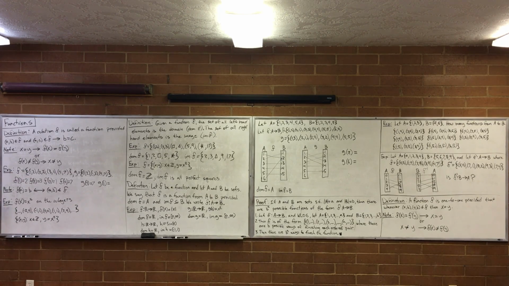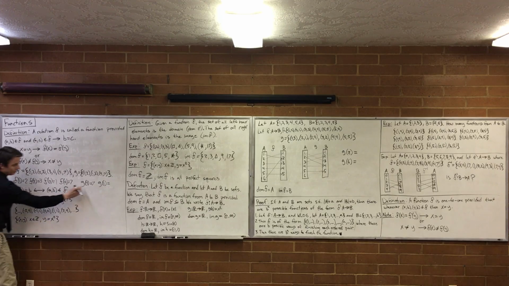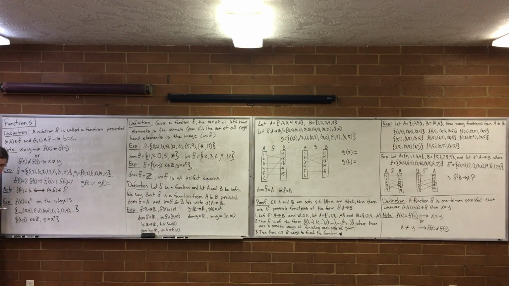One of the ways you can check to see if it's a function is to make sure that this notation makes sense for every left-hand value. If I can do f of 1, f of 2, f of 3, f of 4, and that always makes sense, it's a function. That's a sanity check. So here's what that notation is saying in short. If f of a equals b, that means the ordered pair (a, b) was in F. If f of 1 equals 2, that means (1, 2) was in F. If g of 4 equals 7, that means (4, 7) was in G. That's what this notation means in general.